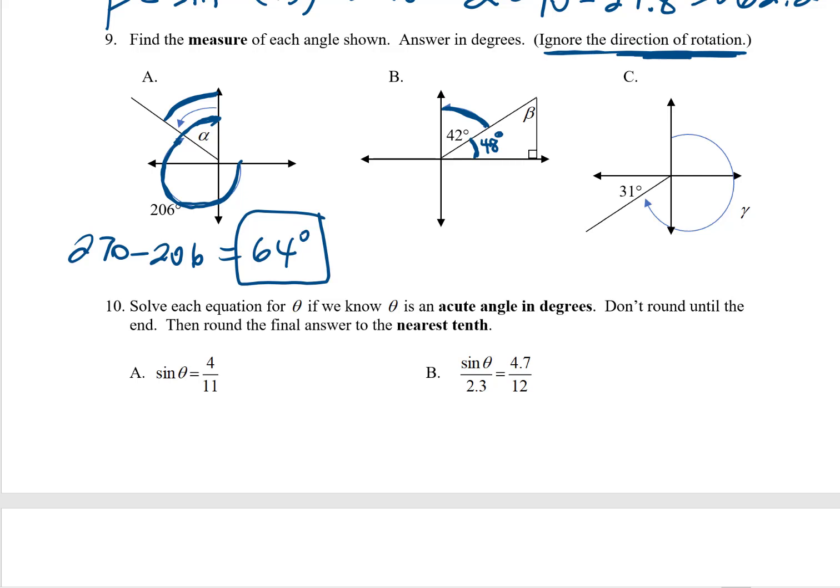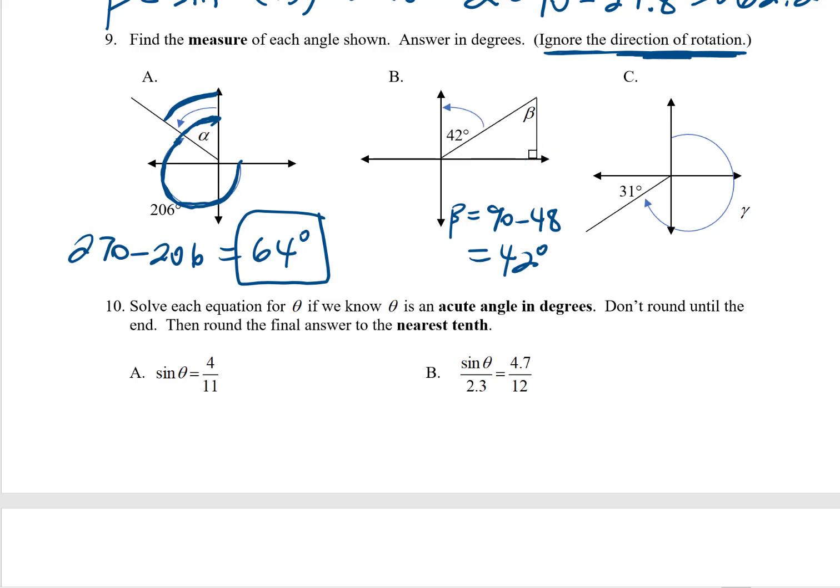But then 48 and angle beta must also add up to 90 because they're the other two angles in this right triangle here. So to get angle beta, if I just subtract 90 minus that 48, I'll have it. Now what that comes out to be is 42 degrees, which means really there was an easier way that I